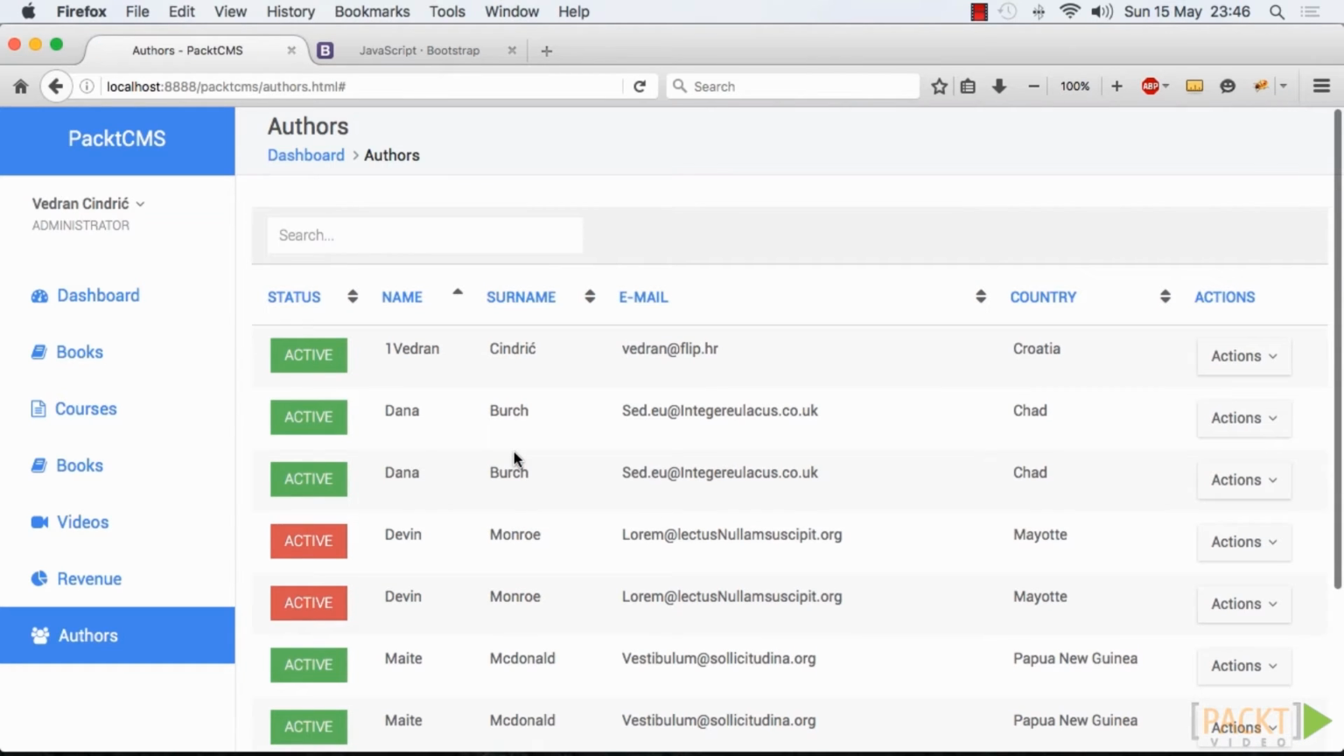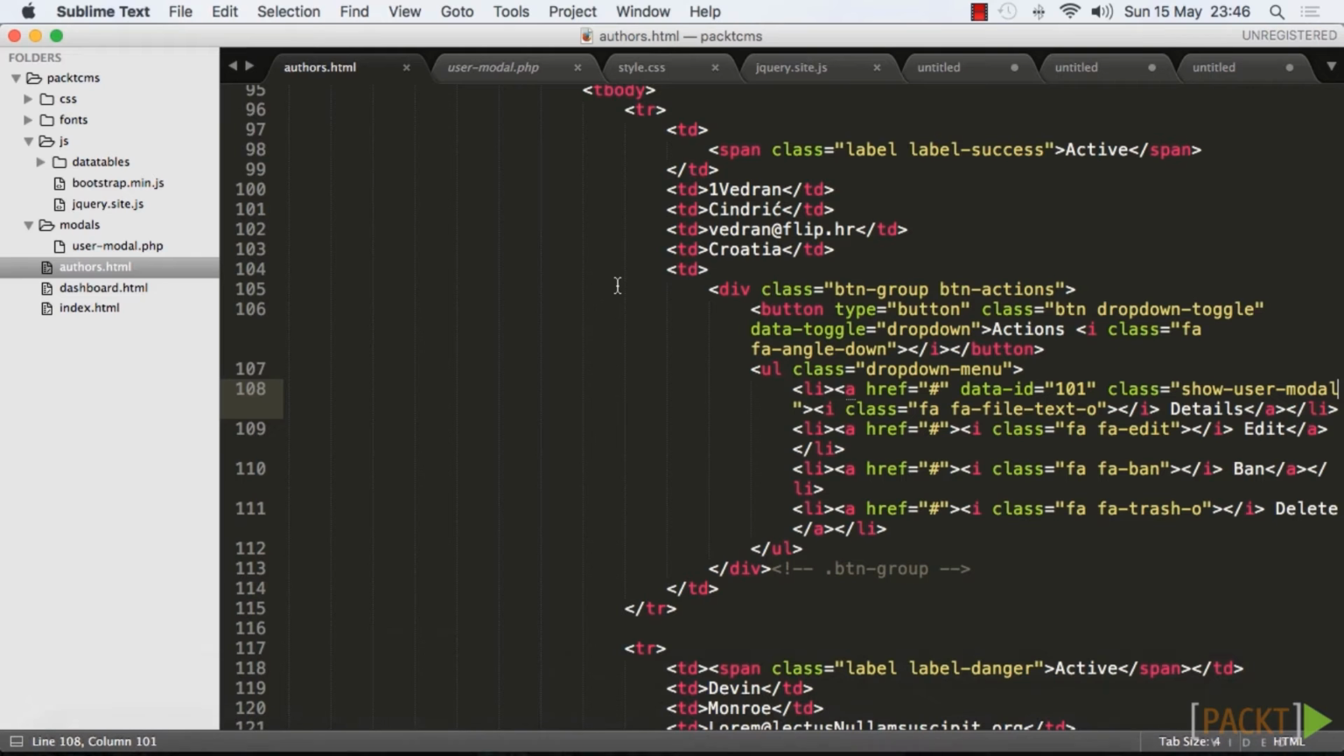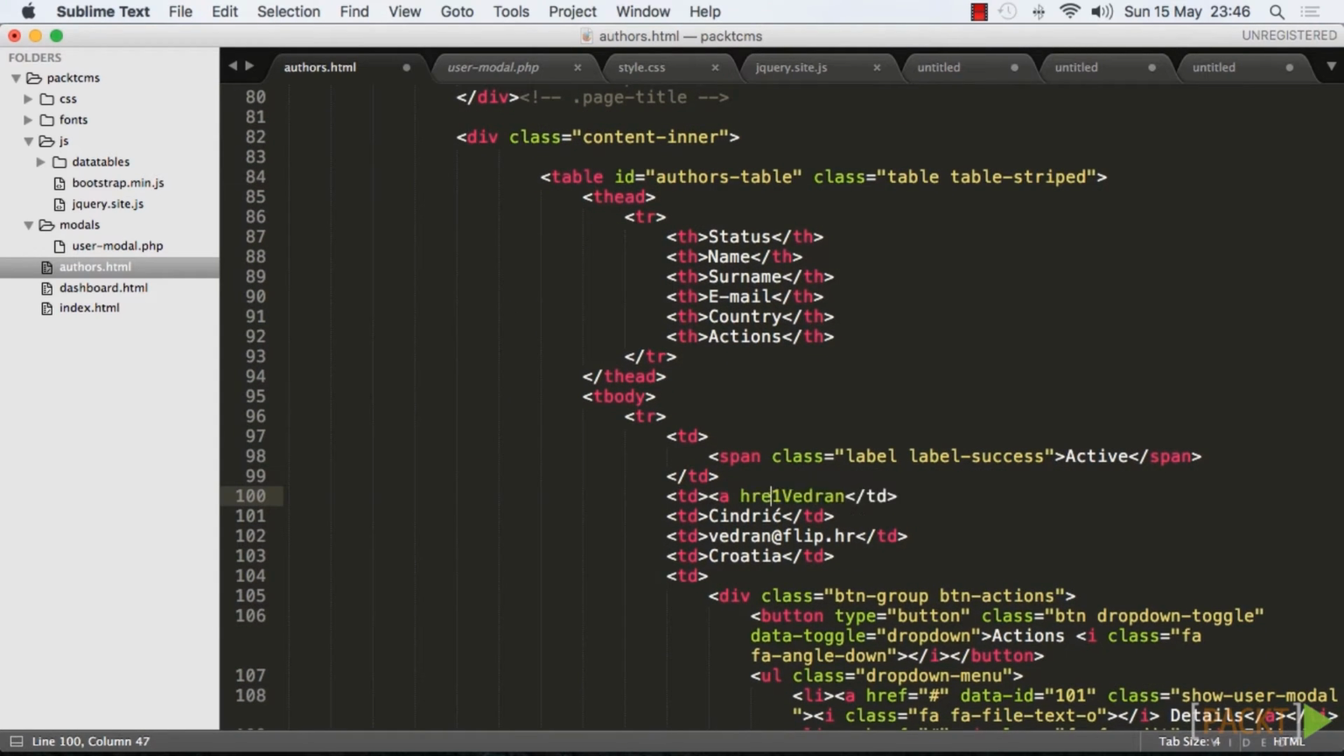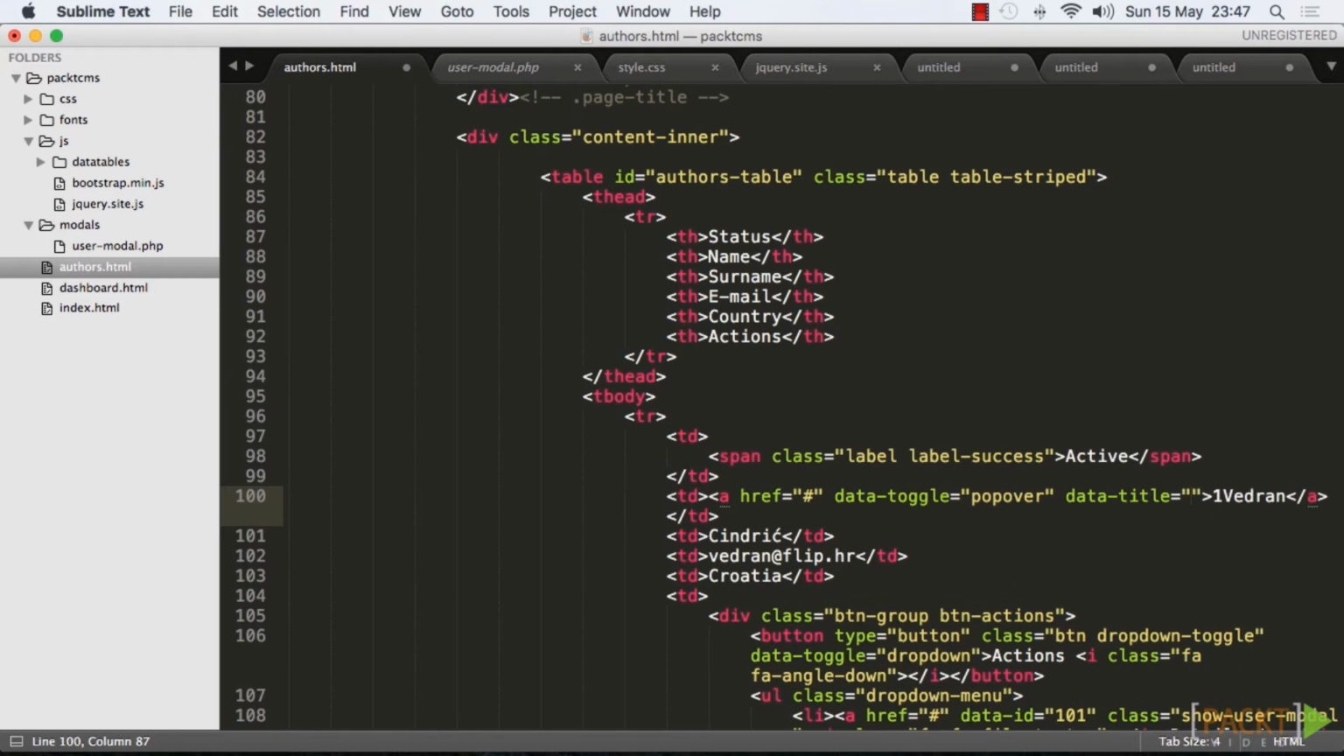Now, another interesting plugin that we could use is popovers. So we can apply a simple popover right here. All we have to do, let's say again that we want to get a bit more details when we click on my name, about, let's say, my bio or something like that. So all we have to do is say data-toggle popover, data-title, let's say about veteran, and data-content,